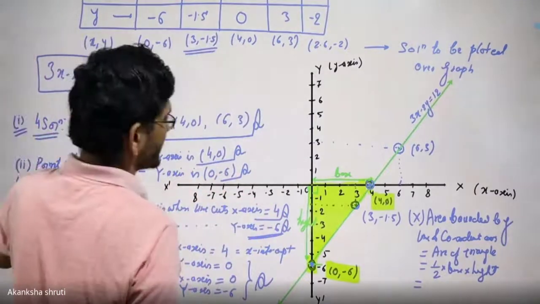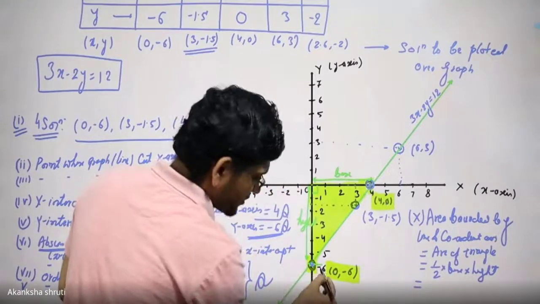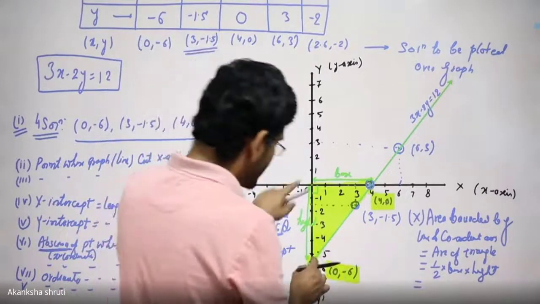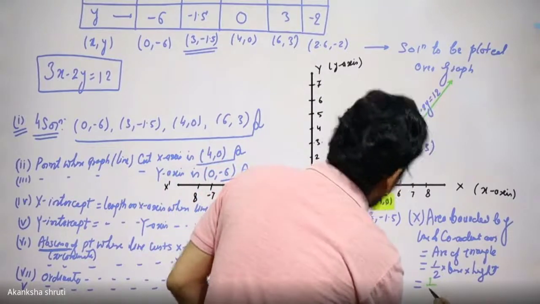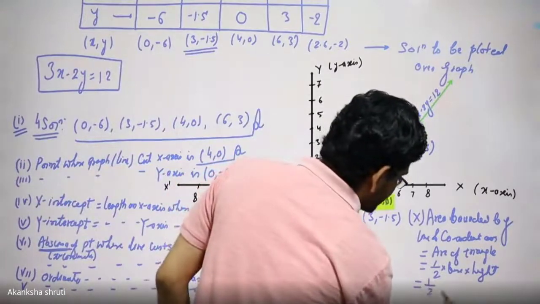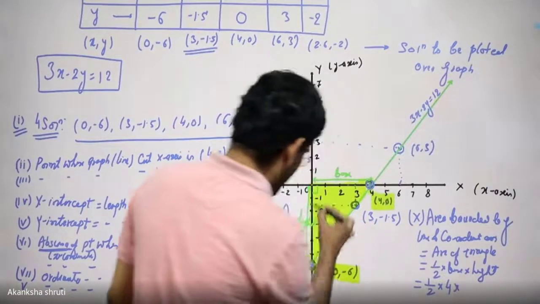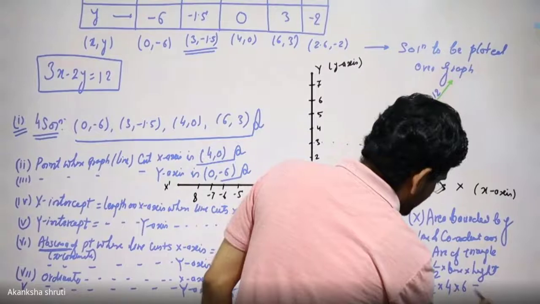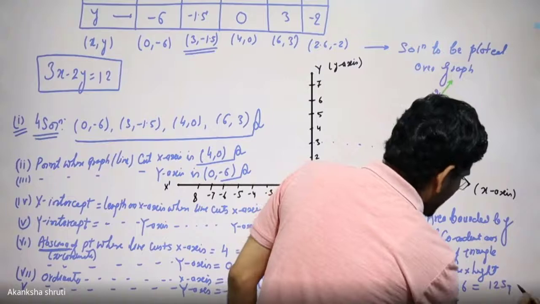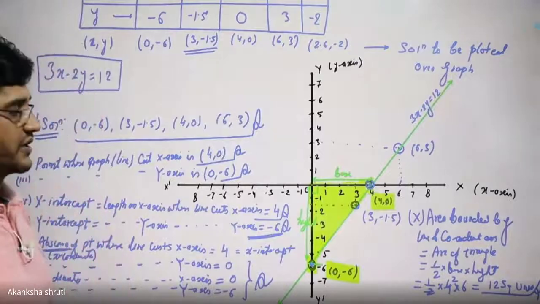So here we can write this length is 4 and this length is our 6. Though it is negative, the area is always a positive quantity. So we have to take its positive value. So half into 4 into 6. So it is half into x, we are getting this as 4, and y as 6. So we can cancel the 2. It is your 12 square units. So this way, everything we have answered.